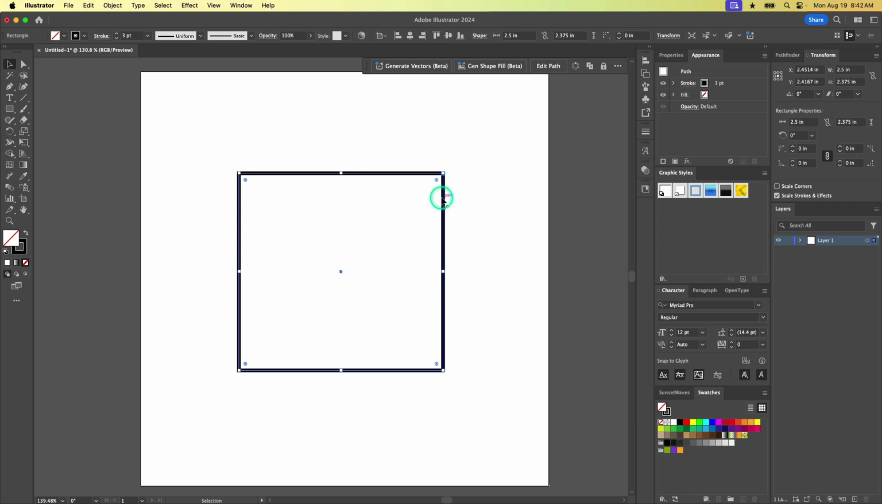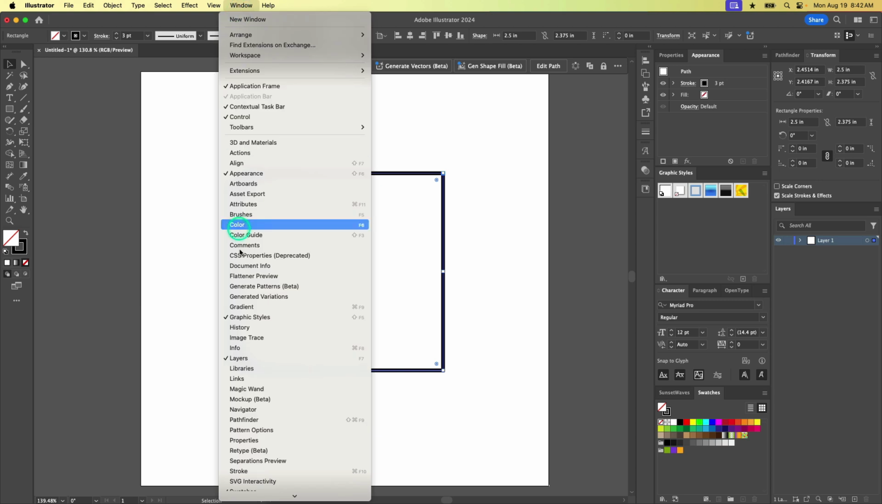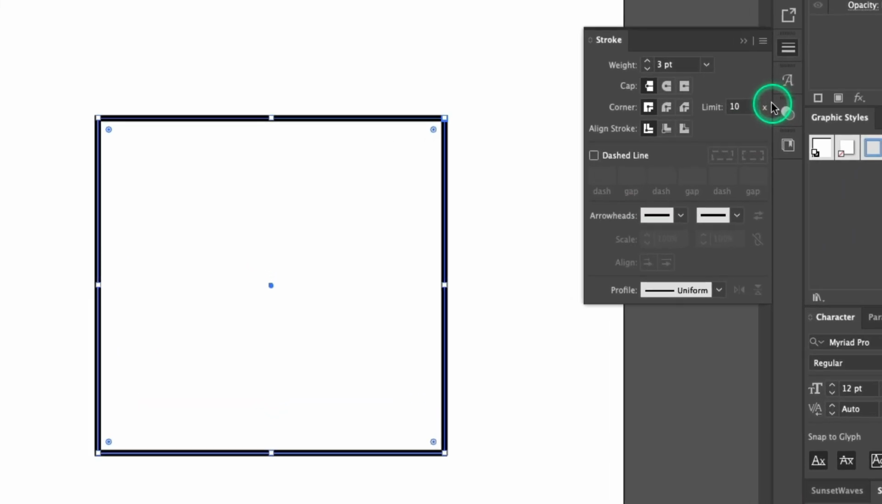So to edit that stroke, we want to open our strokes panel. If you don't already have it, you can grab it from the window menu by choosing stroke. And to make it dotted, we want to start by making it dashed. So we're going to enable this option here. Nothing's happening so far because we need to specify the size of the dash as well as the size of